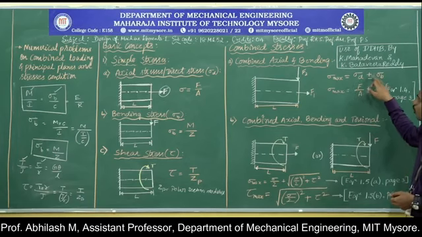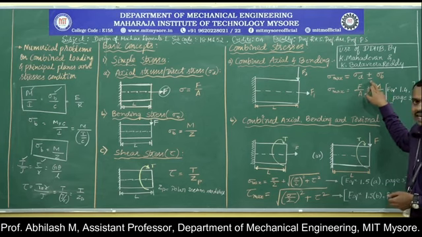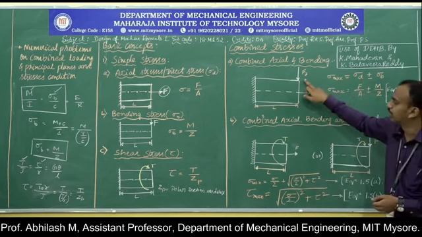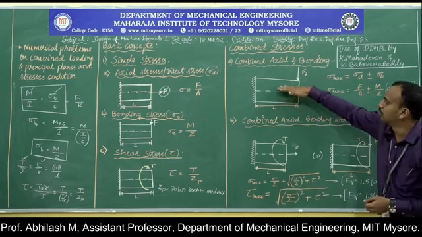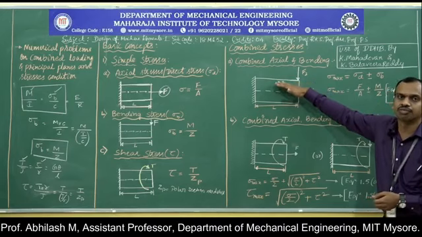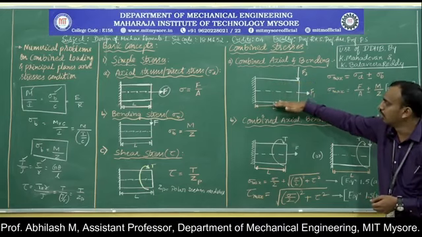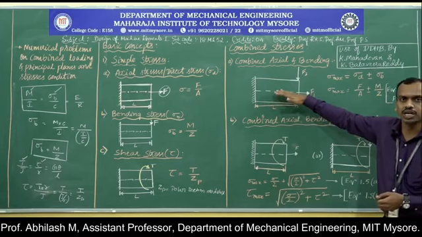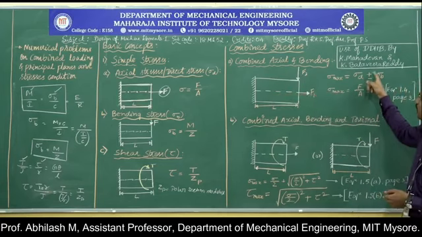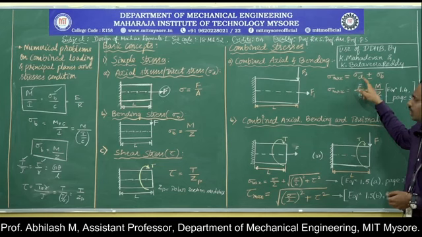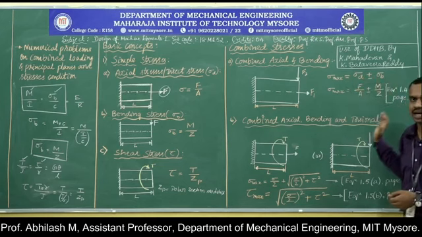Here we have taken the sign to be plus or minus. That depends upon the effect of bending stress. If we consider above the neutral axis, the member will be subjected to tensile stress. If it is below the neutral axis, it will be subjected to compressive stress. So depending upon the type of condition that we are taking, the sign of plus or minus will be decided.